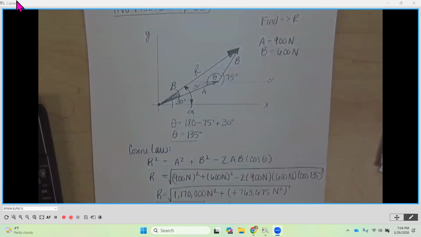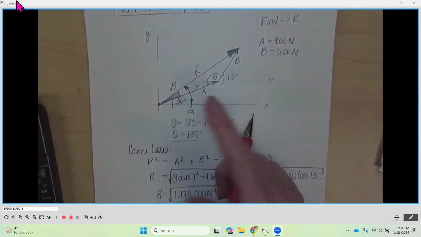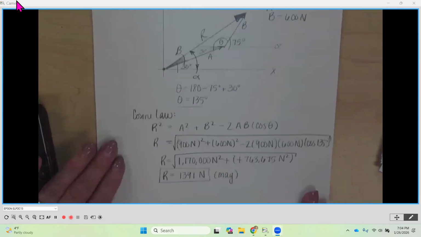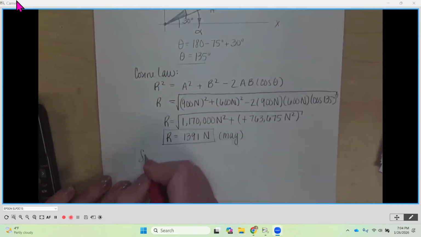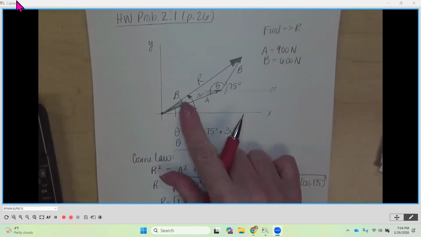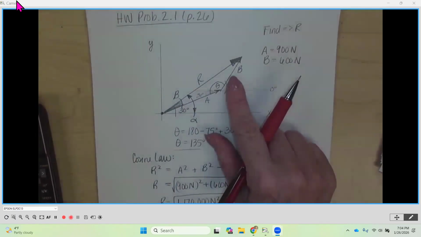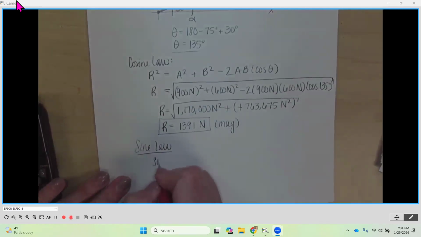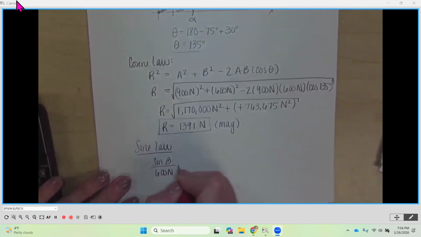All right. So to get beta, we know the length of all of our sides now, so we can use the sine law, right? To get beta. So go ahead and use that sine law. And we want to find beta, so we're going to use sine beta over the length of B, which is 600 newtons. So sine of beta over 600 newtons is going to be equal to,